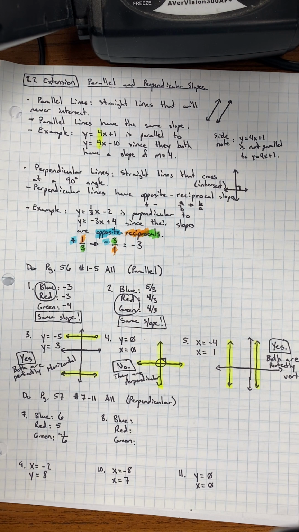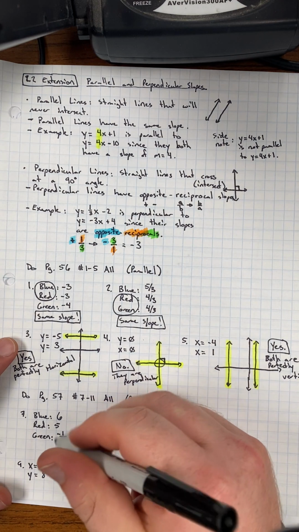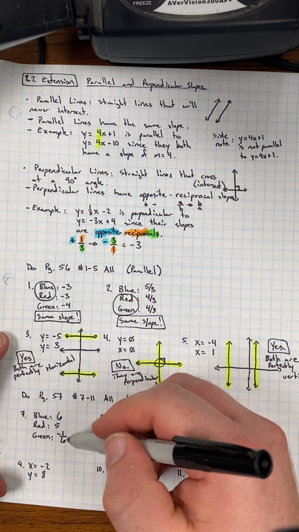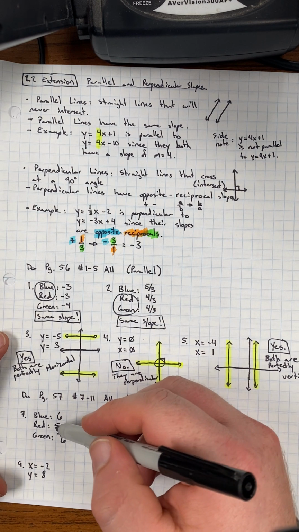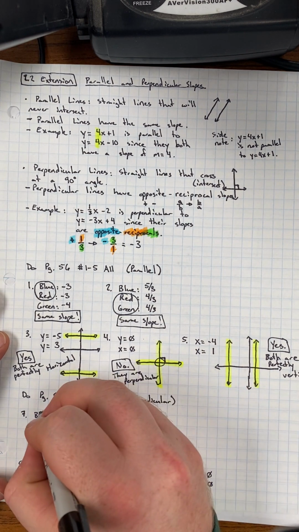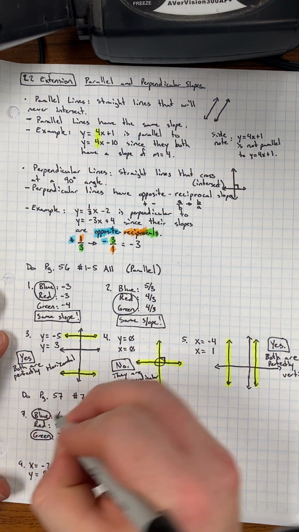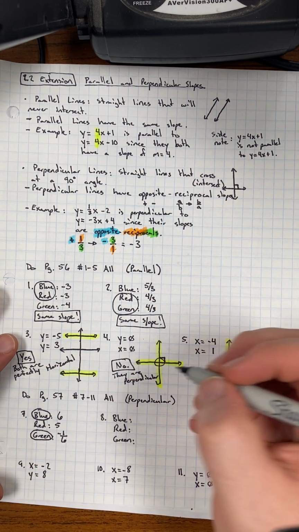So I need to do a little bit of work off to the side to figure out what are opposite reciprocals. Well, I think the one that doesn't fit out of these three, just by looking, it's easy to tell that the 5 doesn't fit, right? So I'm going to assume that blue and green are my answers here, but can I show that they are